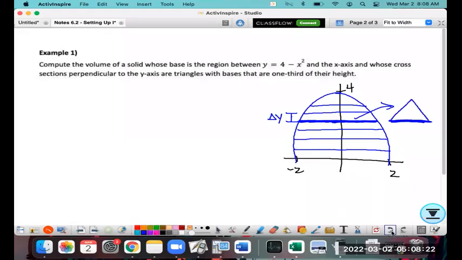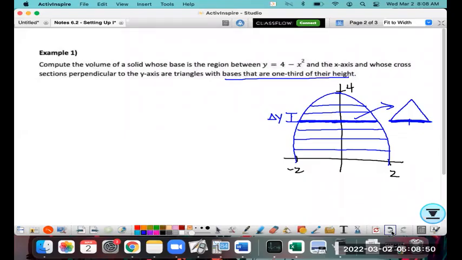And let's see, the base of that gets cut in half from the y-axis. And it says that the base of that entire triangle is 1/3 of the height. So I'm going to keep that information in my pocket to use in a moment here. Or I guess we could even write that down now, but I'm going to hold it in my pocket for a moment. So I need to get the area of that cross section together